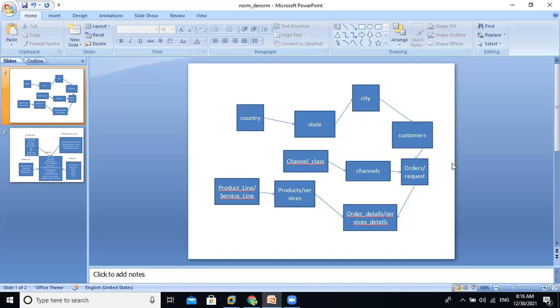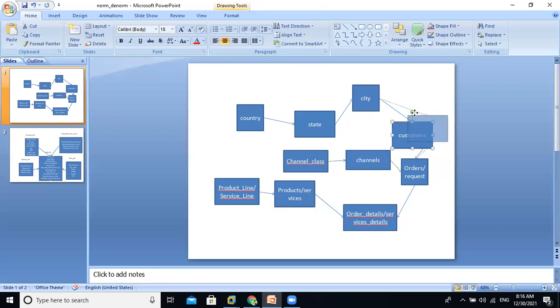A customer places an order to purchase products, or a customer sends a request to get a service. That order or request information is available in the orders table. As a customer, we can choose any channel at any point of time. Sometimes we can place an order or send a request through mobile applications. If any service-based company is providing services to customers through mobile apps, then you download their mobile app on your smartphone, register with that company through the app with your registered mobile number, and send your request to get service from that company.